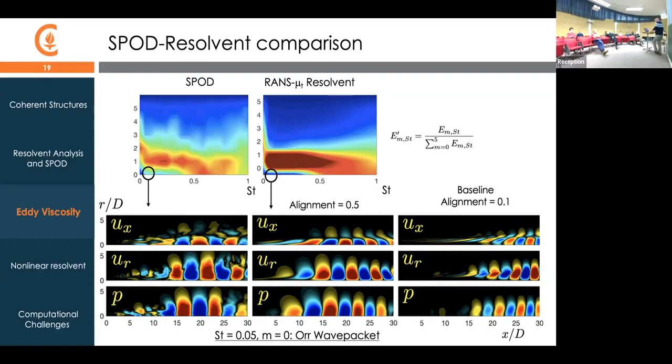Sorry, I'm sorry. I guess I should have probably interrupted all along, but I'll keep it brief. These are zero frequency modes. Is that right, or just nearly zero? Well, the one I'm showing you here is nearly zero. It's not exactly zero. So we can compute resolvent modes at near zero frequency or at zero frequency exactly. I can't do SPOD at anything close to actually zero because I think we need an infinite amount of data. Okay, now can I just go back one?